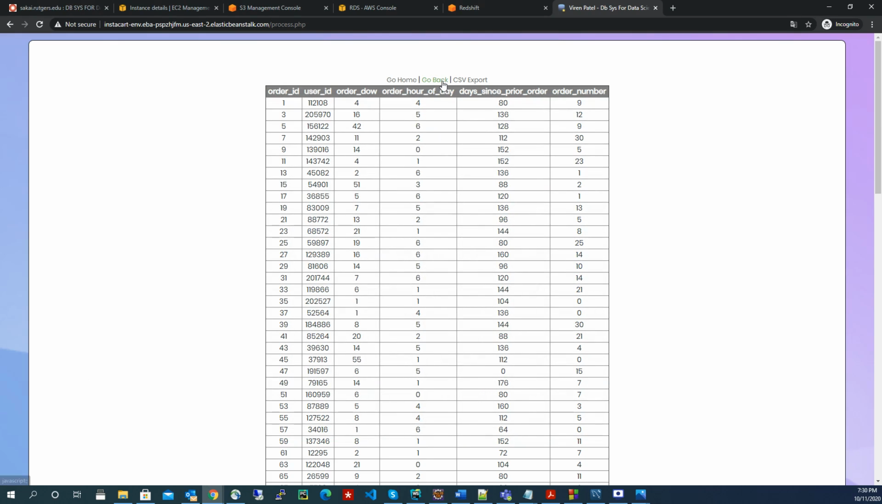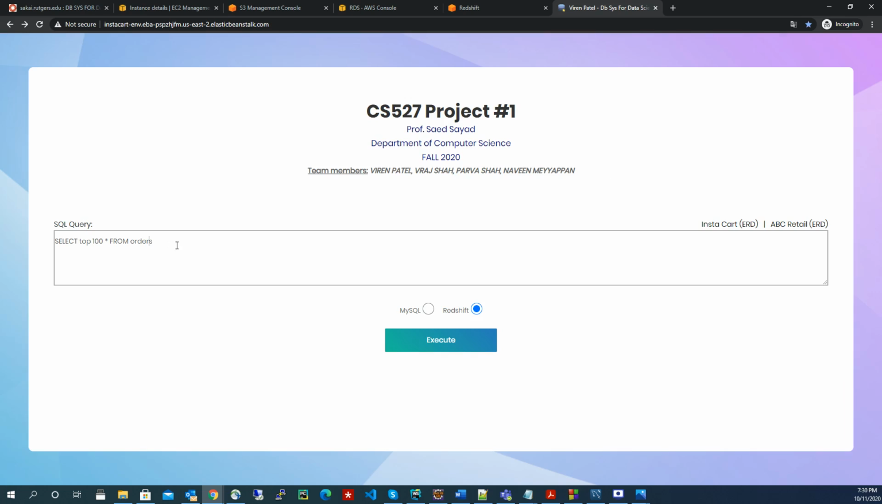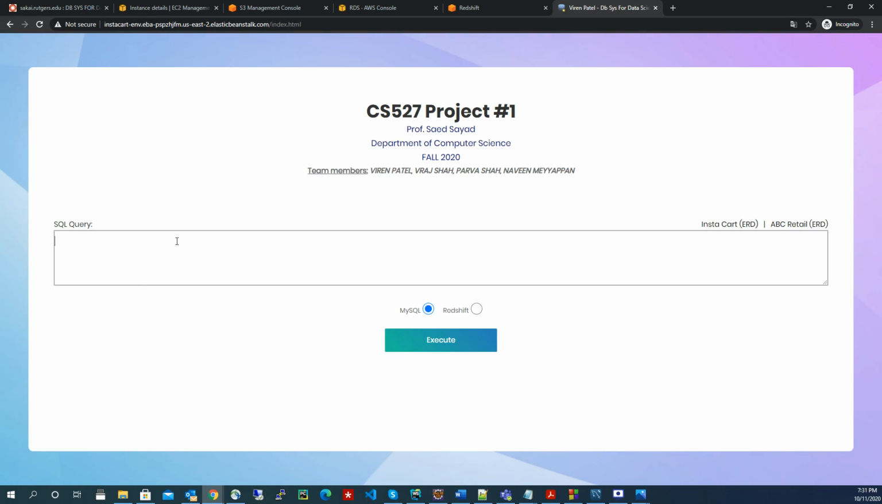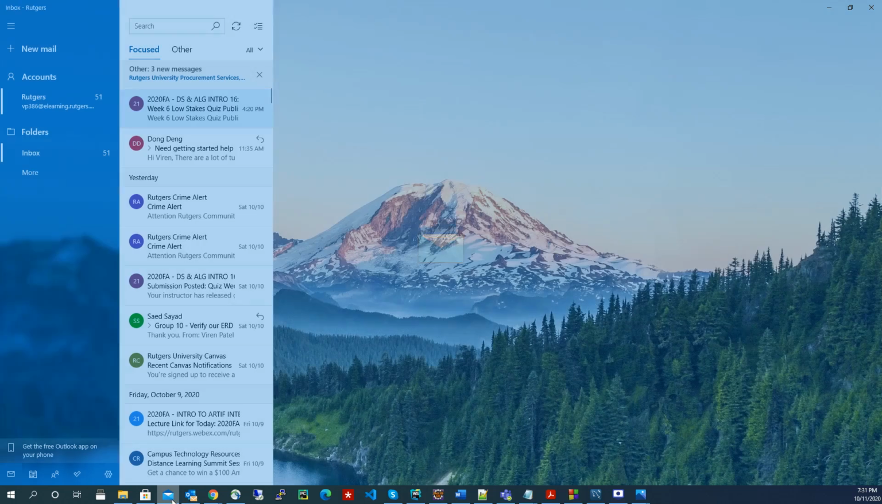If you want to keep the query in the query editor, you can click go back. So it keeps the query in the text editor. And if you want to write a new one, you say go home. So it is empty now. That's the difference. Yeah. So I think we covered